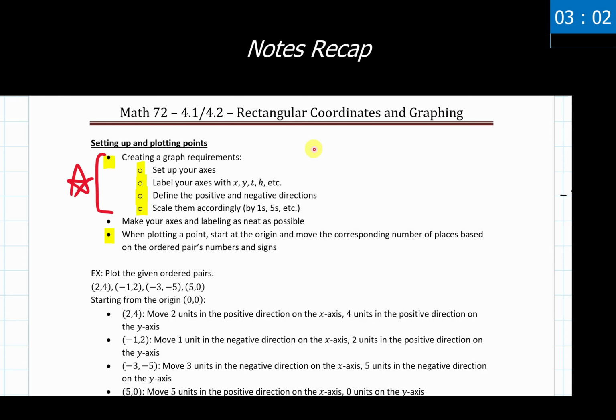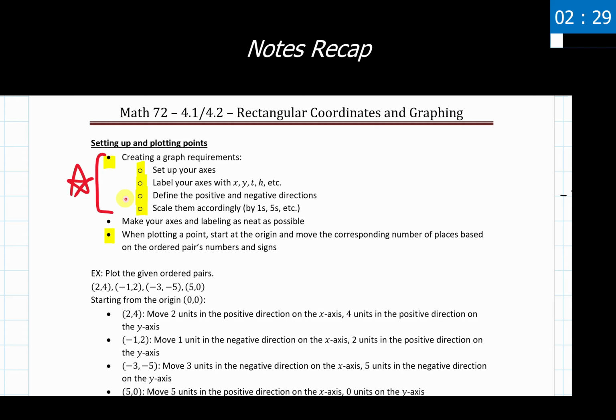As a recap of the topics that we covered today, we were working with the rectangular coordinate system and how to graph those. So we had our 4 main requirements for going through and graphing these things. If you are not in my class, you are not required to do these. I just think these are very good practices and very good habits to get into when you are graphing equations. I tend to find a lot of headaches show up when students aren't doing all 4 of these on their homework assignment or on a test or something like that.